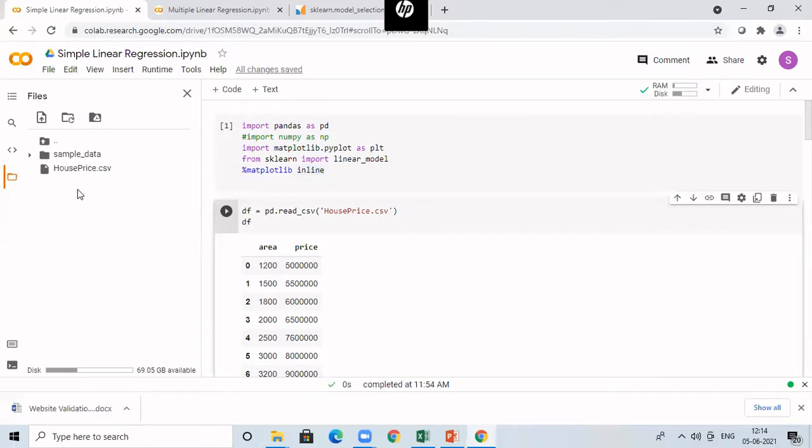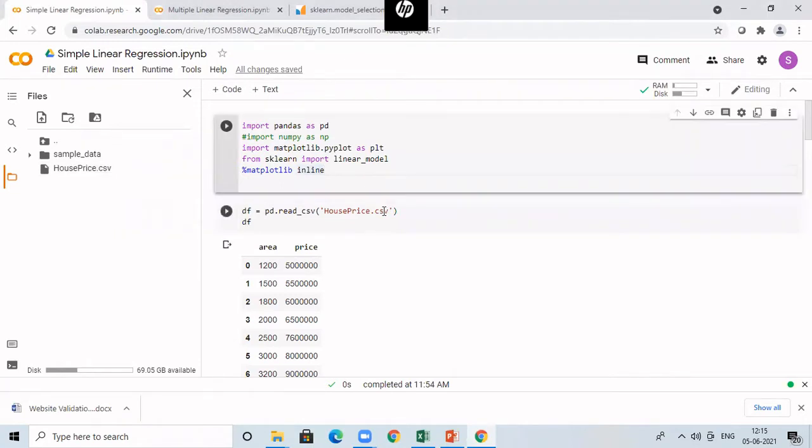In this, I'm going to use a data set called houseprice.csv. Since I'm going to use simple linear regression, it means that I'm going to have only one independent variable and one dependent variable. So let me first import all the necessary packages. First, I'm importing pandas, then matplotlib.pyplot because I'm going to plot a graph. After that, if you want to use simple linear regression from sklearn, you have to use linear_model. This is for simple linear regression. So import that package also.